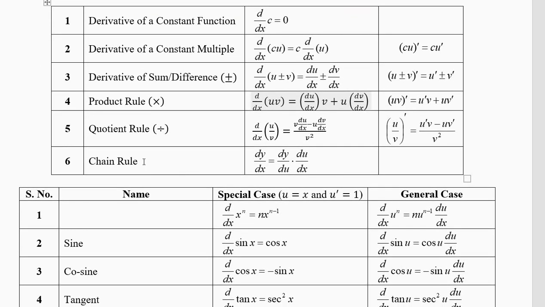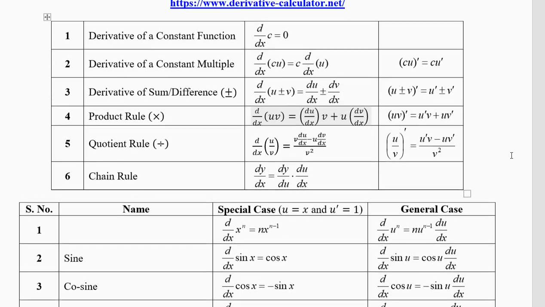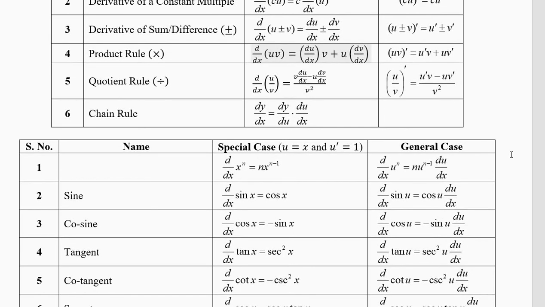Next is the chain rule, when the argument of the function is not x but something different. We'll do this chain rule in detail separately. I have just written it here for completeness. Now in mathematics, there are hundreds of functions. We have to remember the functions which are important, which we need in our physics classes, in our math classes, and in our engineering classes.